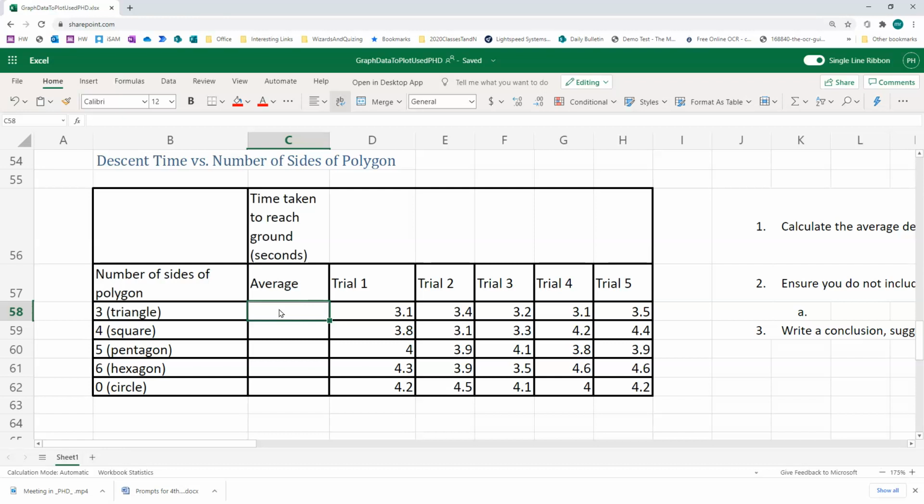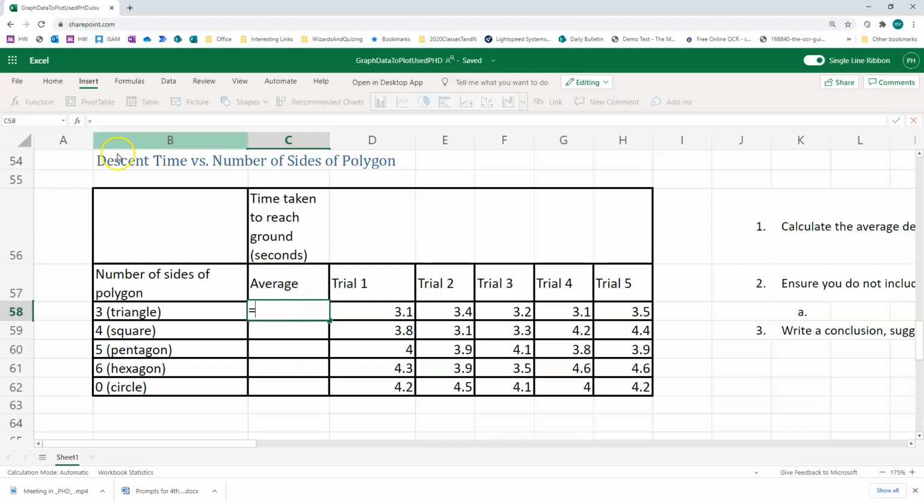So to do the average, what we need to do is choose the cell where we want to put the average, and I would put the equal sign. Again, there's a variety of different ways of doing this. If you don't get this, you can always just calculate it using a calculator. So insert,